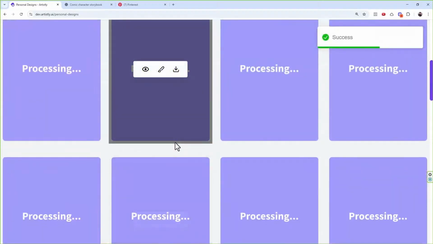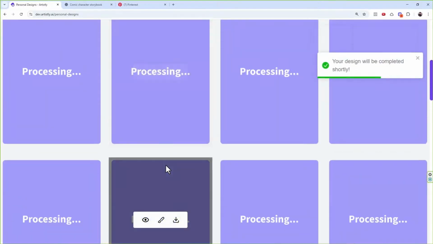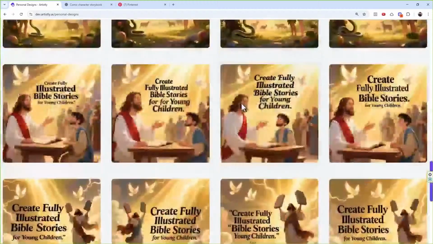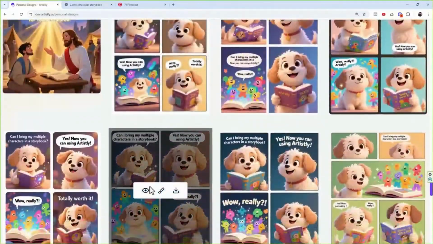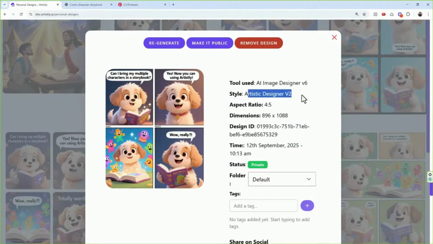The idea here is it's going to give you the outcome, right? I've been playing with it, just creating some more stories. Look at this. You're going to get an outcome like this, which I created using Artistic V2. The thing here is, now you can have those speech bubbles with perfect text, with consistency, like a comic strip, and you can generate things that you could not previously with Create from Prompt or AI Art Illustrator or Artistic Designer. Now you can create it using this.